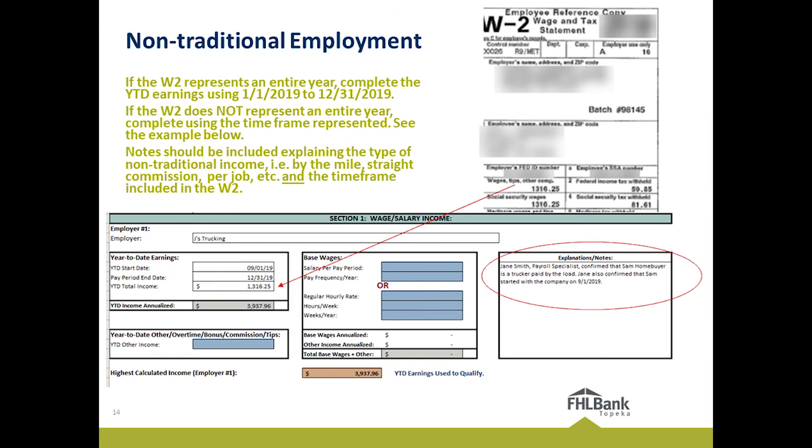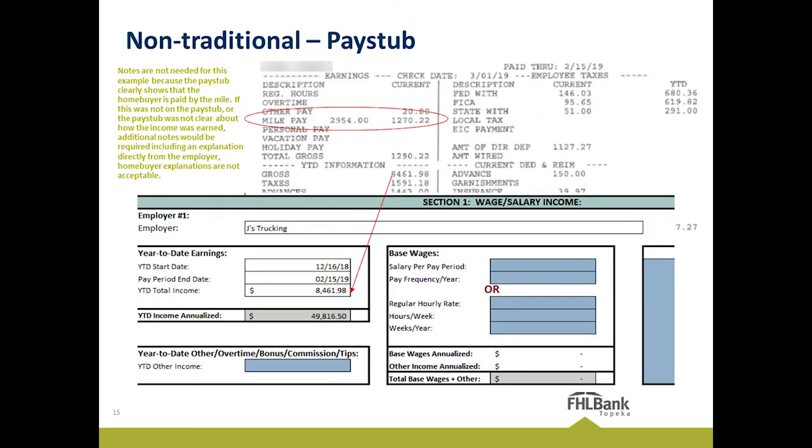To enter this into the workbook, it's similar to the seasonal W-2. If you have a non-traditional borrower, complete the year-to-date earnings of the wages section. See how the example includes a note that explains the type of employment and confirmation that the W-2 represents an entire year. If you have a pay stub or VOE for a non-traditional borrower, complete only the year-to-date wages based